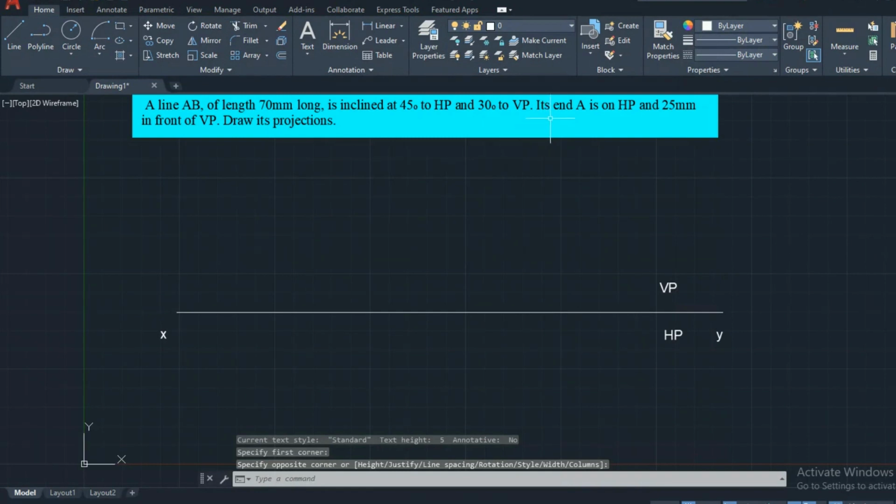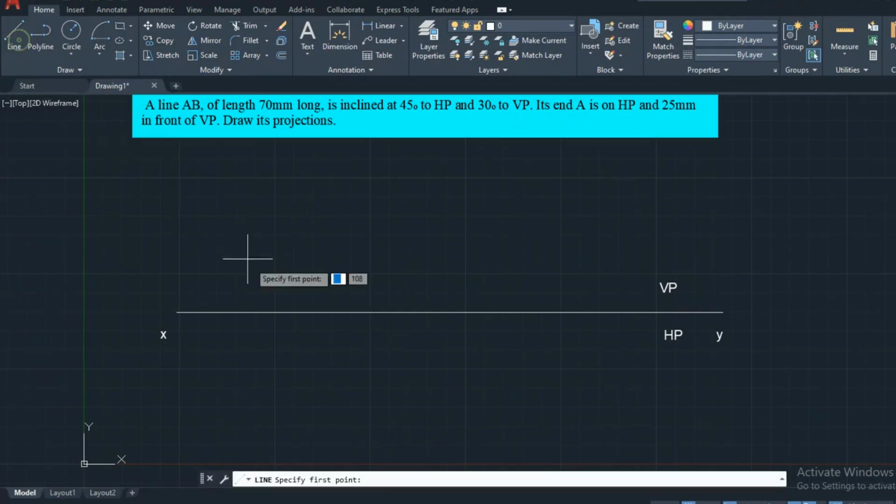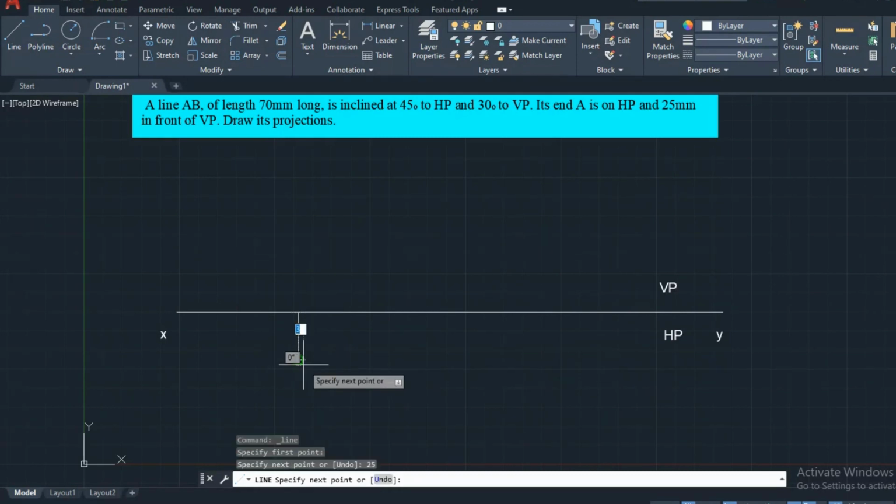Here one end of the line is on the horizontal plane, and it is 25 mm in front of the vertical plane. When looking at the top view, the in-front distance will come below the XY line, so 25 mm.